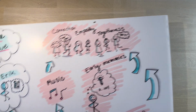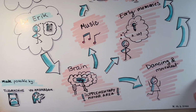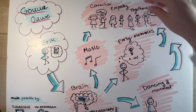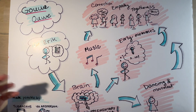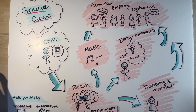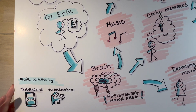Next one is a visual note. So yeah, it's quite a big one, isn't it? Here what I tried to capture is the teacher played a 5-minute video for us about the Hawa Awa, which sort of means oldies but goldies, something like that. And it was a video where this doctor, Eric, neuroscientist from the VU Amsterdam, it's a university in the Netherlands,